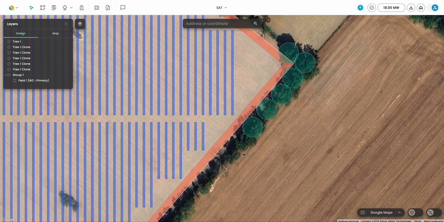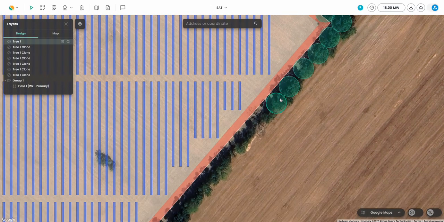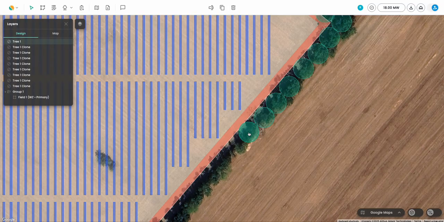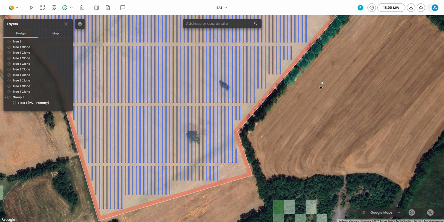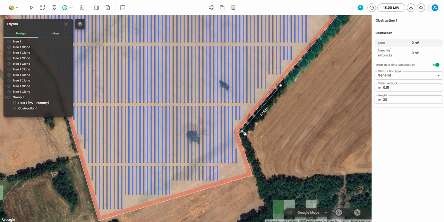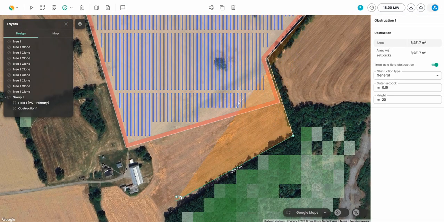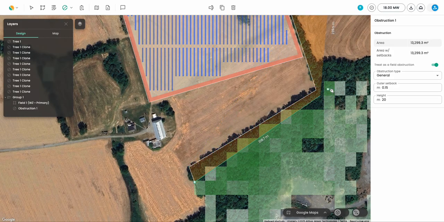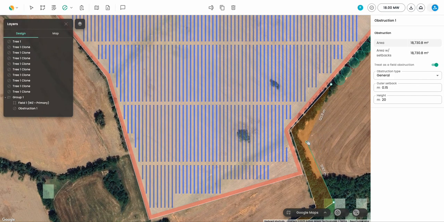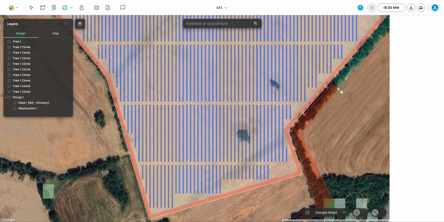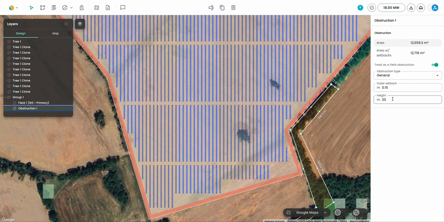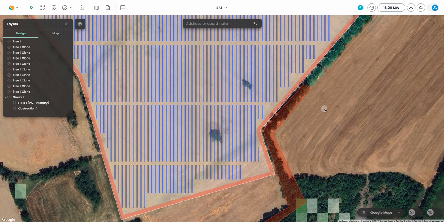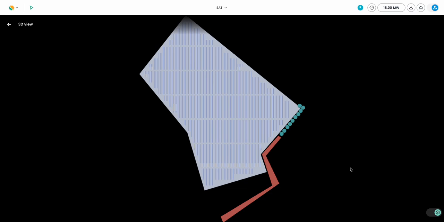Now, if you're going to be clearing these trees, of course, you don't need to do this, but I'm going to, for the sake of showing you what to do. You can either continue to copy the trees, or you can make an obstruction which is at the same height and just follows that tree line. That will be a lot easier typically, and this will have the same results as just manually placing those trees. And so we'll make that obstruction, put that height at 20, so we're good. And now we have in our near shading scene